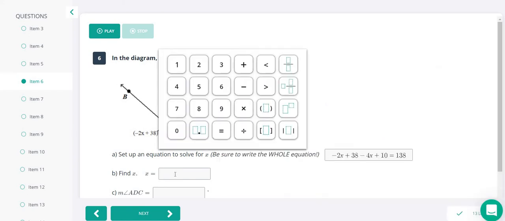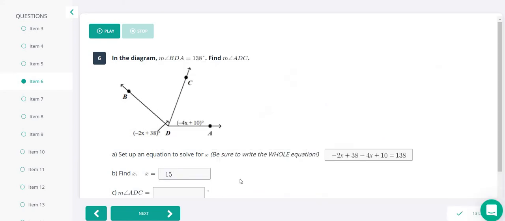So x equals negative 15. And now they want us to find what ADC is. It does not in any way say that this is a midpoint or that these two angles are the same. So on this one, we do specifically need to find ADC. So we just need to plug negative 15 back into here. So if we do negative 4 times negative 15,